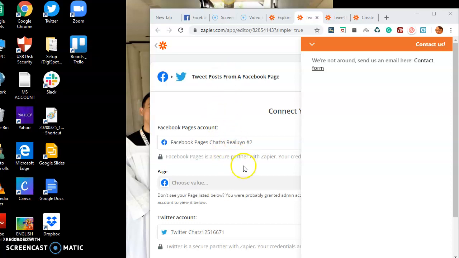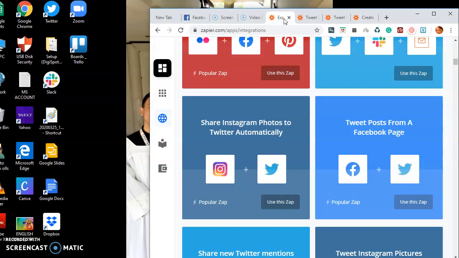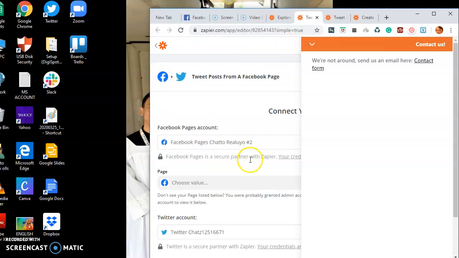So now, I have connected my apps here. I want to post from a Facebook page. So from the Facebook page, I will tweet a page there to my Twitter account. So I just have to click this one. So it goes like this one. And from the Facebook page,